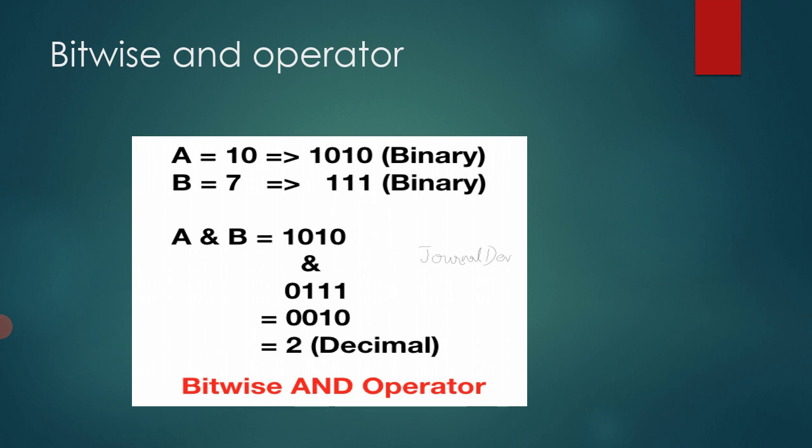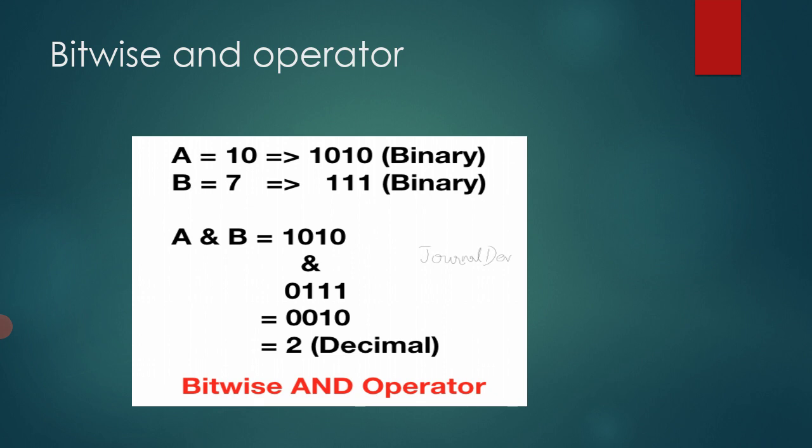Now we have to perform the bitwise AND operation on these two numbers. Let's check how we have to perform it. Write the first number, 10. Look at the expression A ampersand B, which is 1010. This is 10, and in the next line, with the bitwise AND operator, the next value is 0111. Now we have to generate the result.